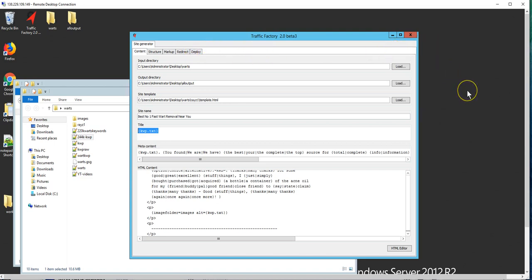And again, everything can be geo-targeted, as tight or as wide as you want. You can do a country, you can do a state, you can do a city, you can do a zip code, you can do a county, so on and so forth, for anywhere in the world just by inserting the